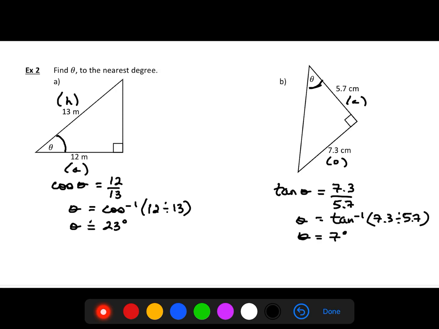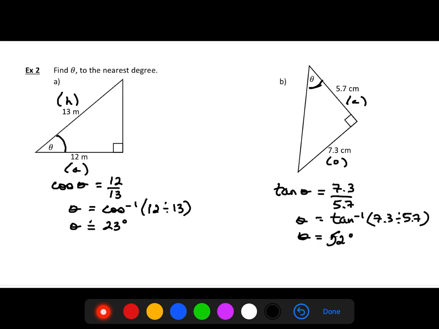And we do our inverse tan. Theta is equal to, rounding to the nearest degree, 7.3 divided by 5.7. Sorry, double checking, you should be getting 52